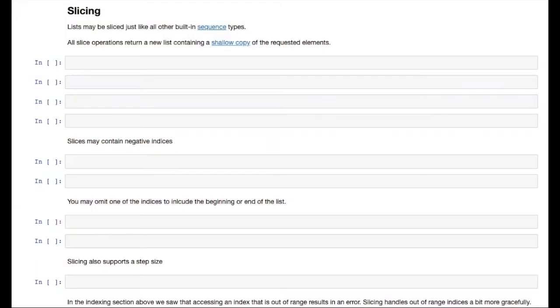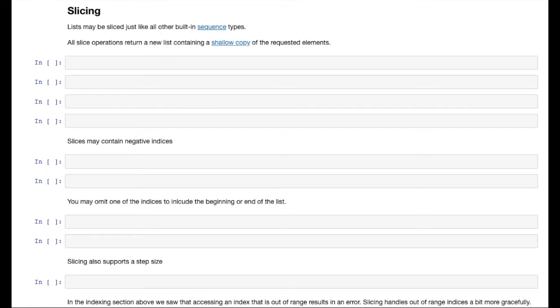This video is a continuation of the list notebook and will describe Python list slicing. So at this point, we can manually create lists and index single elements from those lists. Slicing is similar to indexing, but allows us to access multiple elements. Now, for those of you that have already gone through the string notebook on slicing, this is going to be